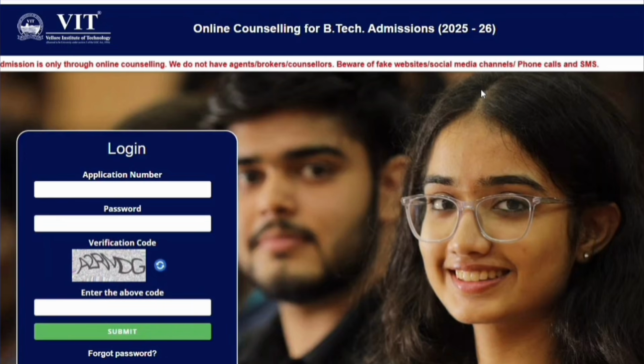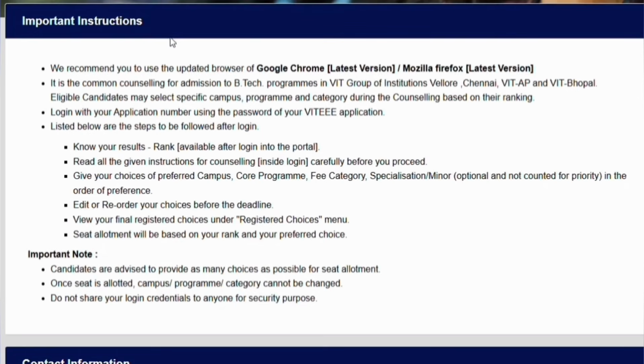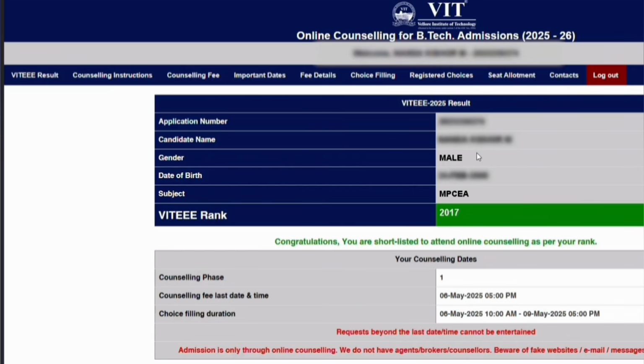If you click that, you will get into this login page where you will be asked to fill in the application number, password, verification, and then submit. And there will be guidelines also with respect to how you have to use the updated browsers of Google Chrome or Mozilla only, and some other guidelines related to the common counseling process. So basically you can read about these instructions, and once you are able to log in with the login password,